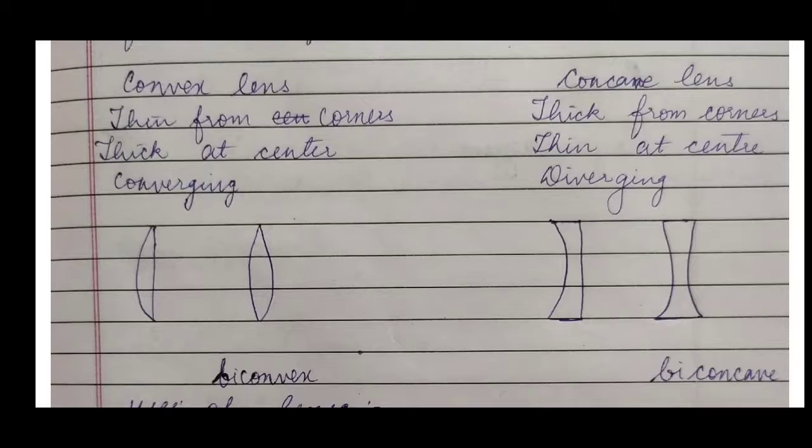Convex lens is thin at the corners, bulging and thick at the center, and concave lens is thick at the corners, thick from both sides. You can figure it as the structure of a tree or an image of a tree. ओके बचपन में हम ट्री का फिगर ड्रॉ करते थे, अभी भी हम वैसे ही ड्रॉ करते हैं. So from the top and bottom it is thick at the corners and thin at the center, and convex lens is converging and concave lens is diverging. It is the opposite of concave mirror and convex mirror.